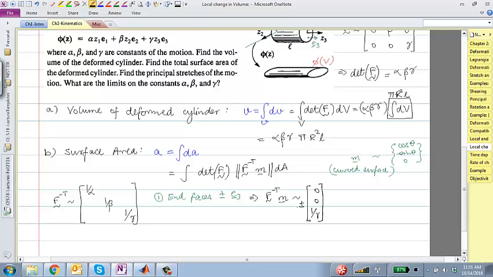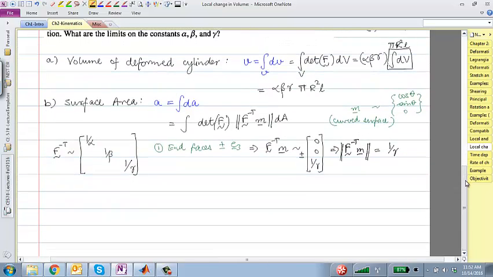What is the magnitude of this? Because I don't need this vector. I need the magnitude of that vector. I need magnitude of F inverse transpose. So F inverse transpose acting on M, magnitude is just 1 over gamma, right? And now I'm ready to calculate the area of the end faces, but before that, let's calculate the same quantity for the curved face. So curved face